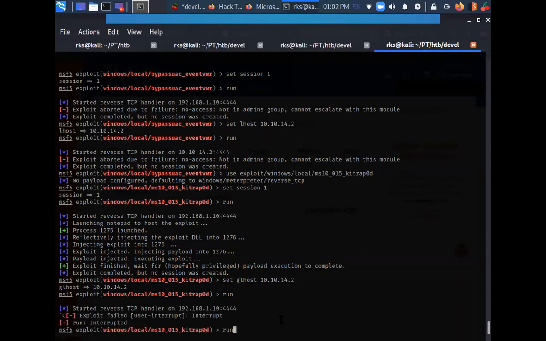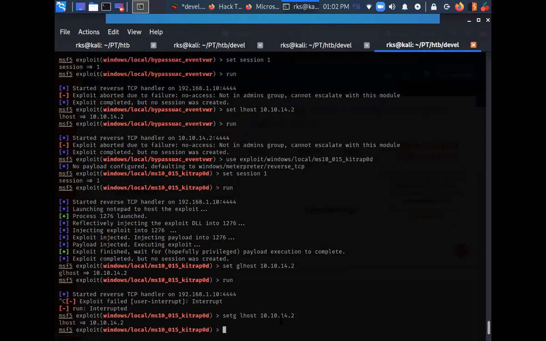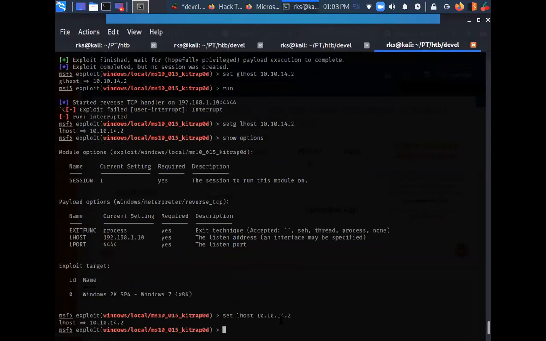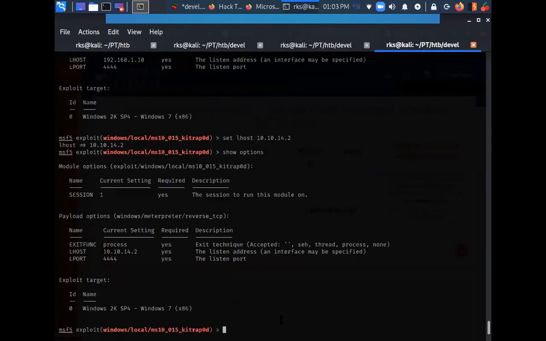Let's just stop this. Setg LHOST, show options. LHOST did not get updated. Yeah, now it is updated.